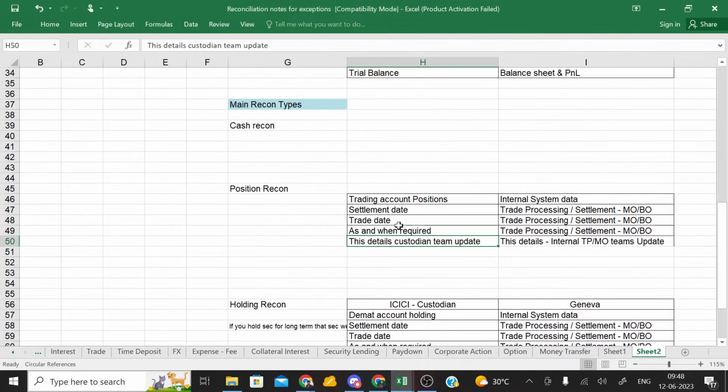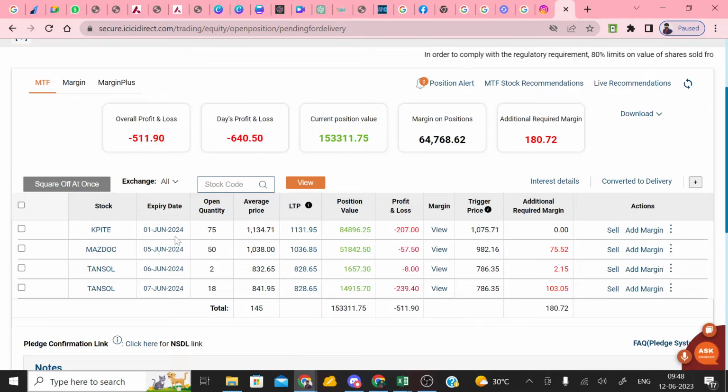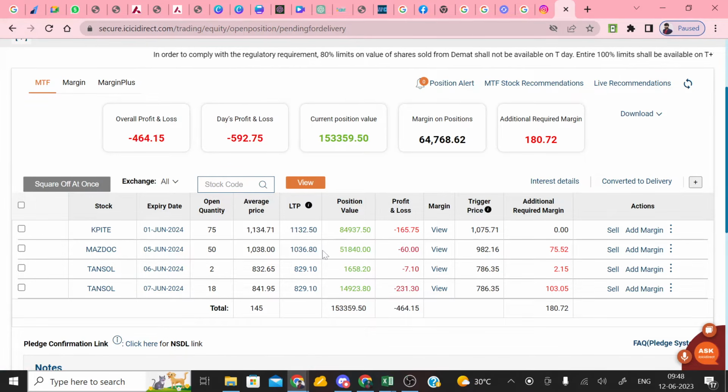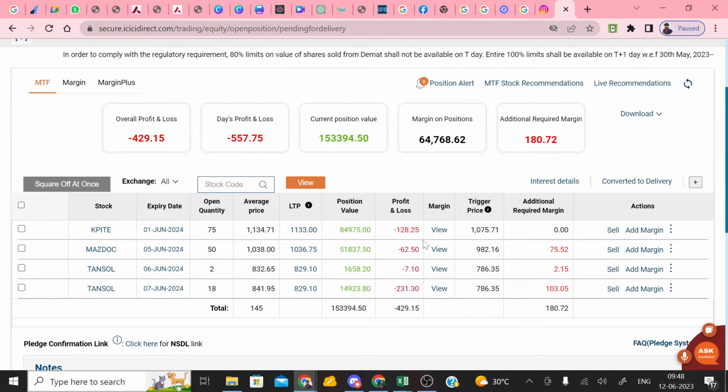Here you need to perform reconciliations with details like stock name, quantities, price, last trade price. It's key information, and you need to match with those. It's not something difficult, so you can match with the normal information. Then your profit and loss. But the important term that you need to verify with the position is